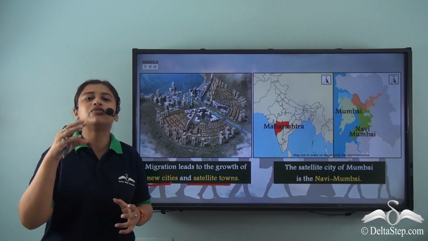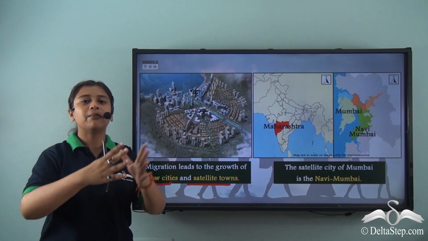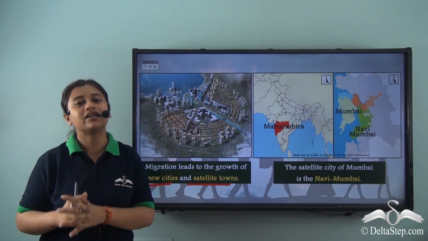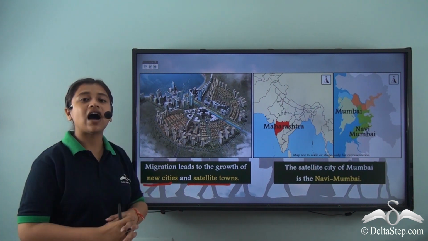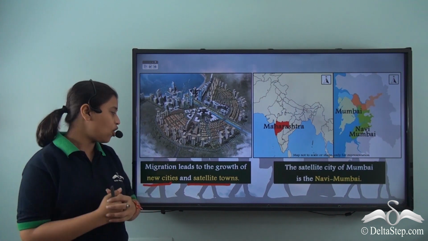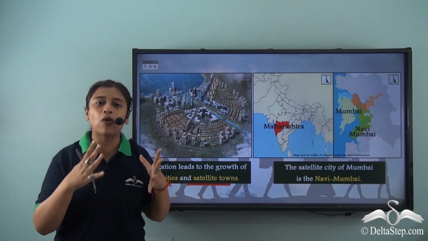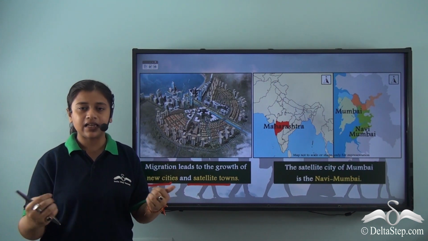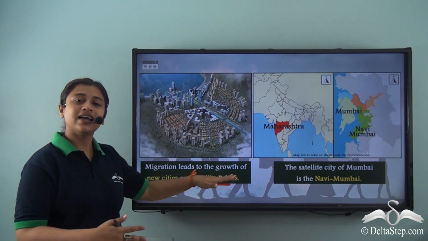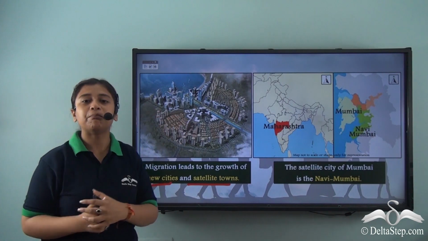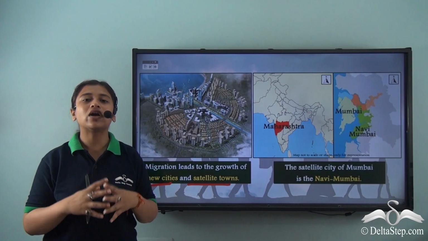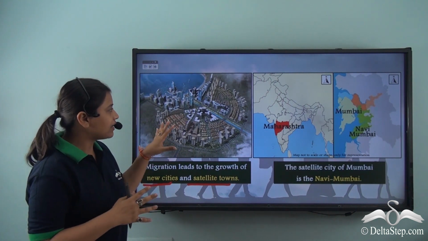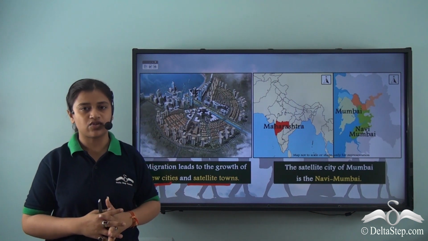So these are smaller municipalities that are separate from the main land area of the major city, and they have their own administration. So these cities are mainly a result of migration. When the population density or the population in general increases in a particular city, they tend to create satellite towns or new cities right adjacent to the main cities, so that resources are not limited for the people living in an area and people can peacefully live in a separate area with enough resources, right?